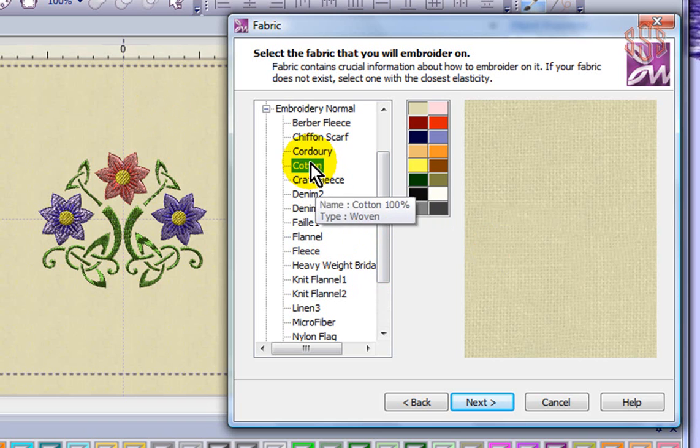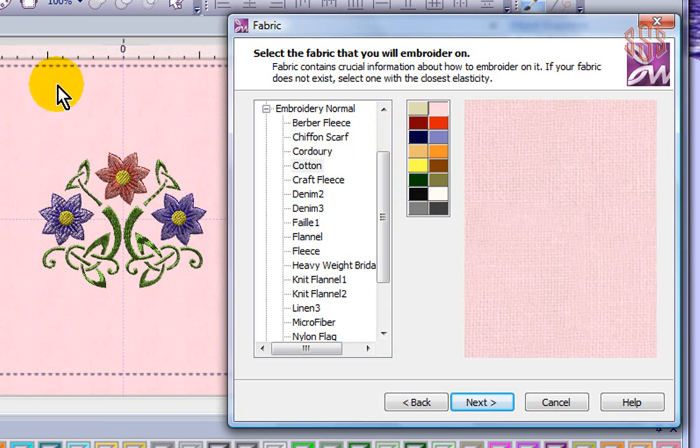So I'll go ahead and choose Embroidery Normal and Cotton, which is a pretty normal selection. And then you also have the ability to choose the color of the fabric, and that's entirely up to you. It doesn't necessarily change the way it stitches out as much as just the way it's going to appear on your embroidery screen. So when I choose next,